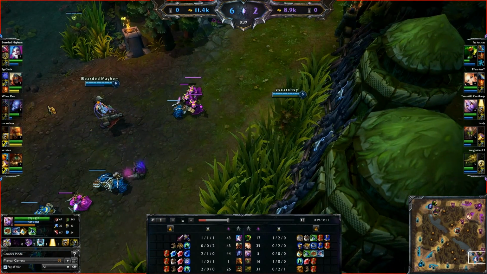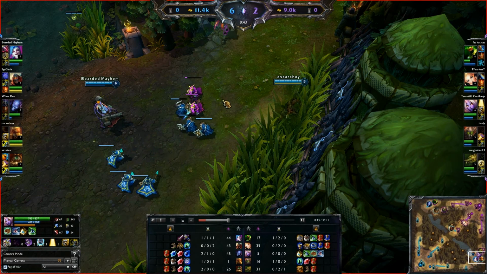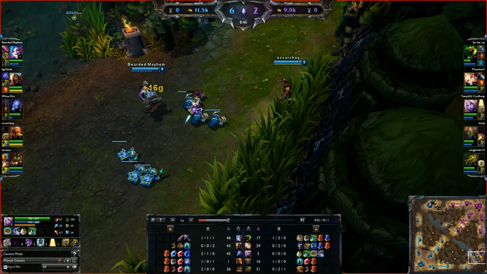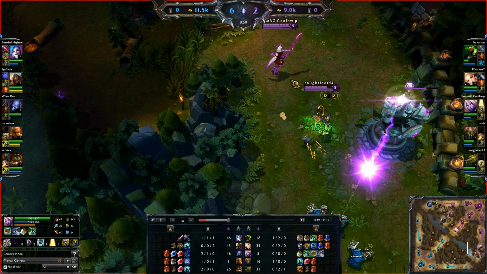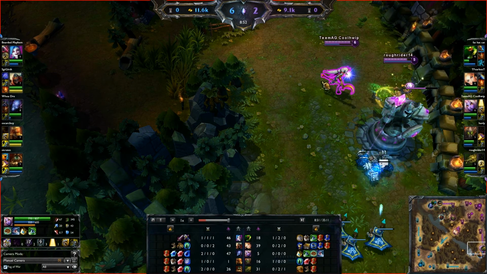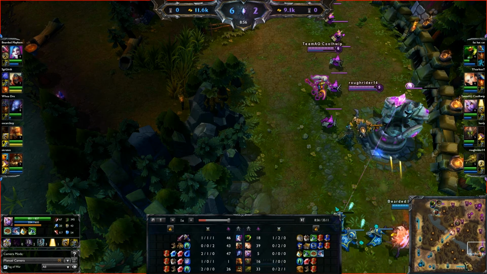So he can't push up here, and they have complete lane control here. The idea here is that there's complete lane dominance. And understand that if you play Soraka, you can't do that much about lane dominance. As a support, it's entirely up to the AD carry, because as Soraka you have no aggressive